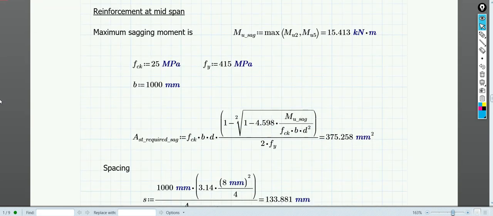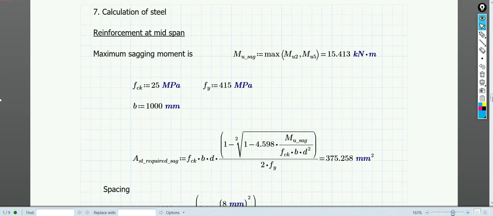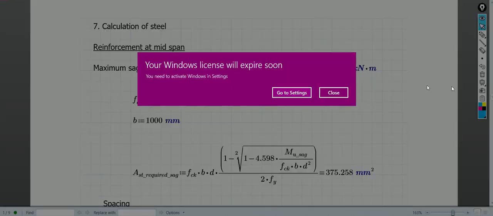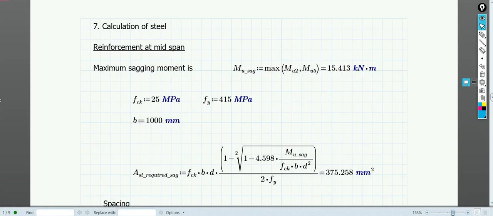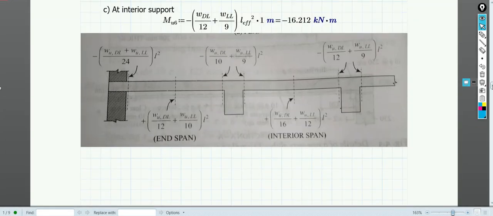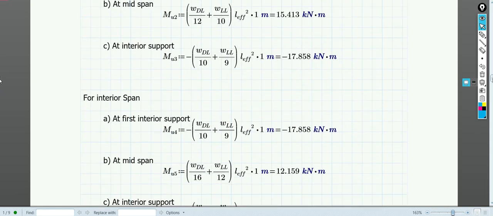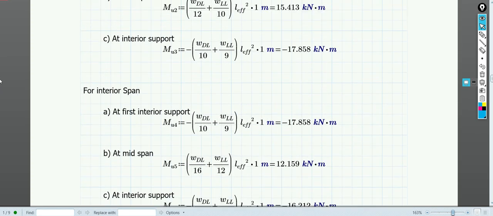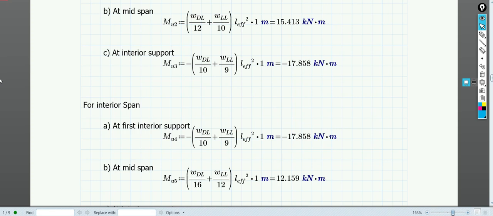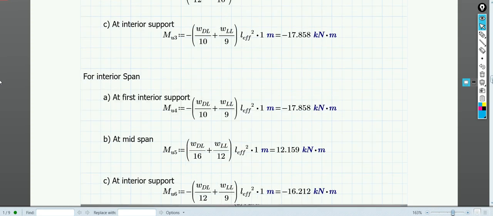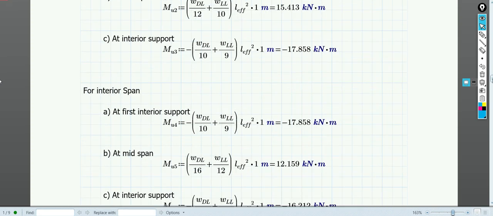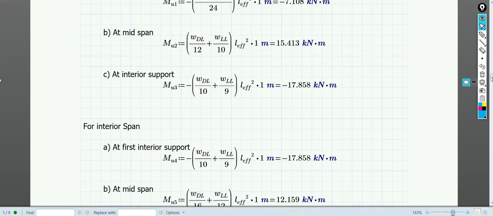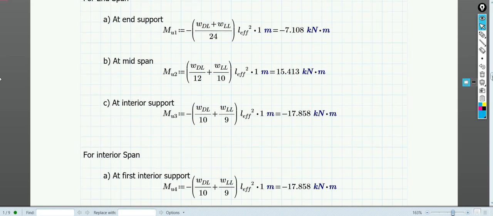Now, calculation of the steel, I think there is nothing much to discuss. Here we have seen that there are different types of moments, but for ease, we will find out the maximum and minimum hogging moment, and the maximum and minimum sagging moment. So here, the hogging moment, if you see, is maximum